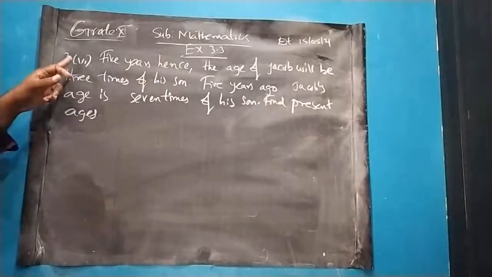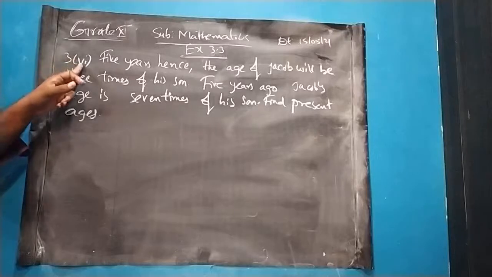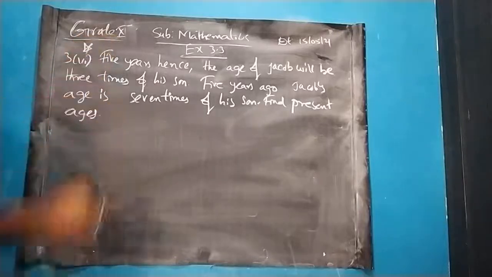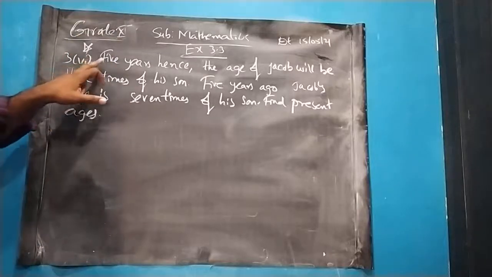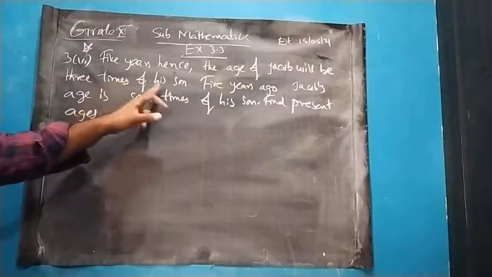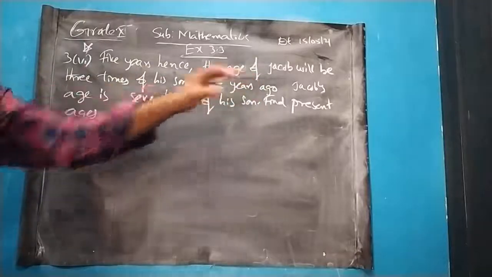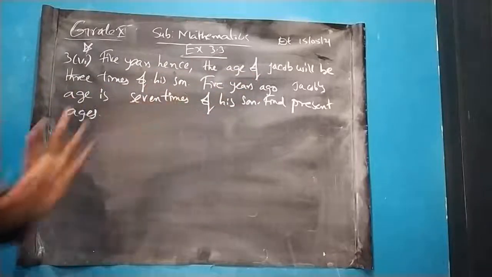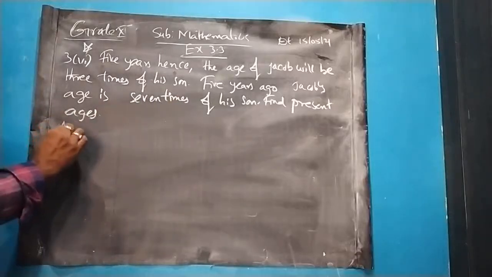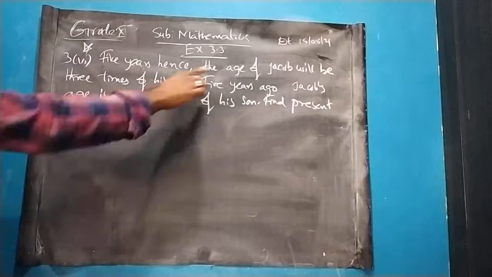Till the previous class, we have completed up to 5. Today we will be seeing the sixth question, which is an important, easiest question. So the question is, 5 years hence, the age of Jacob will be 3 times that of his son. 5 years ago, Jacob's age was 7 times that of his son. Find the present ages. By seeing the question, we can guess that there are two people, Jacob and his